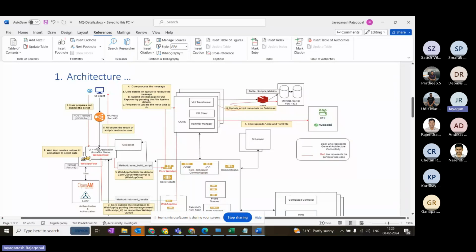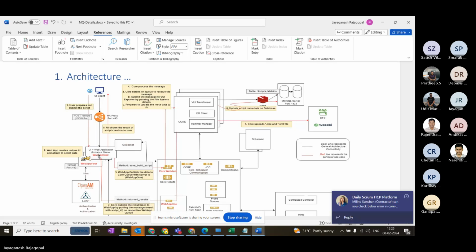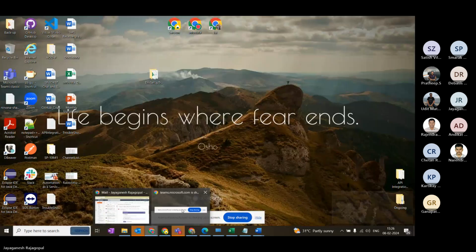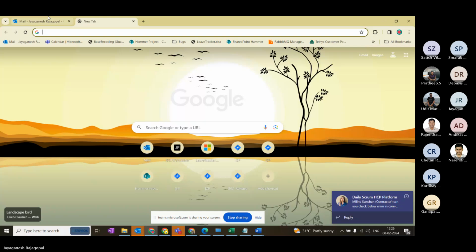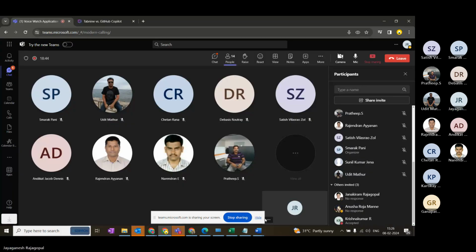The third thing is, the web app is up and running, and you are not having an issue with the web app. Yeah, sorry. So, anybody want to mention something? Okay, Jagnesh, once again,